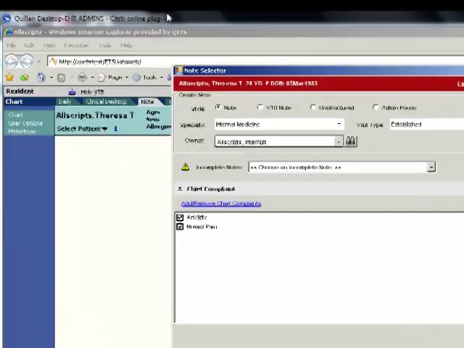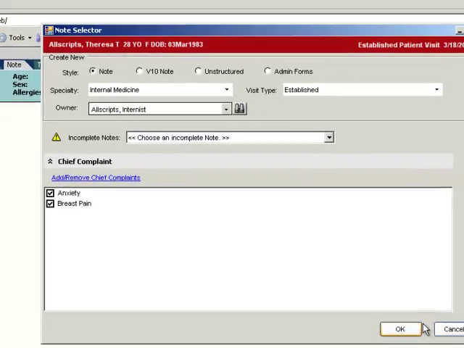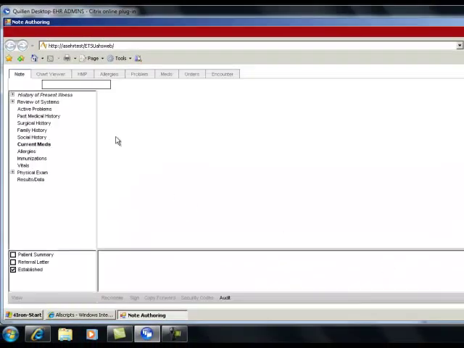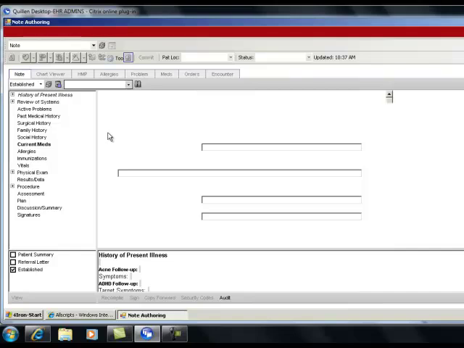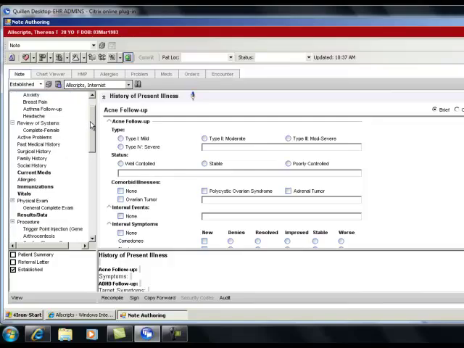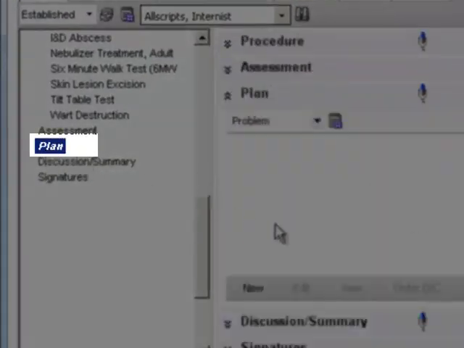Now, as you can see, we have Teresa Allscripts pulled up into our patient banner, and we have started a note by clicking on the Note tab on the horizontal toolbar, bringing up our note selector screen. We're going to click OK, and this pulls up the patient's note. Now we're going to assume that we've already filled out all of this information and that we have come down to the plan, which is where we're going to order some medications and labs